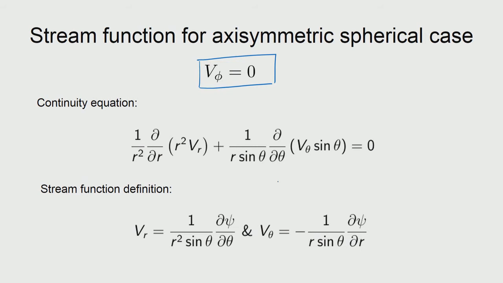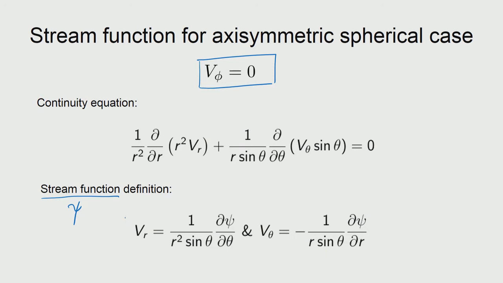And whenever there are equations of 2 terms, you could use that as a constraint to create a function which will satisfy this equation and also give you the components of the velocity. So, that is a function that we are referring to. That is a stream function psi. Okay. So, according to this equation, you could see what kind of a function would satisfy. So, there is a sin theta there.